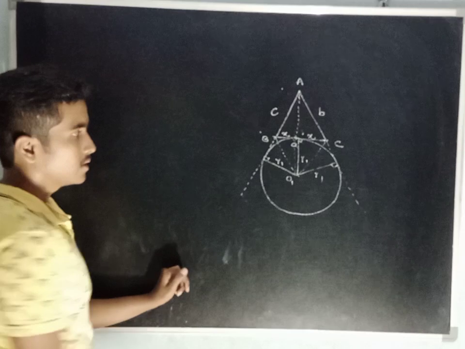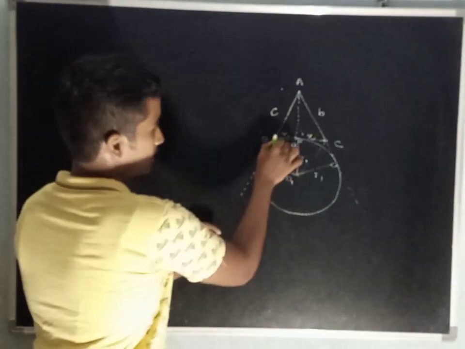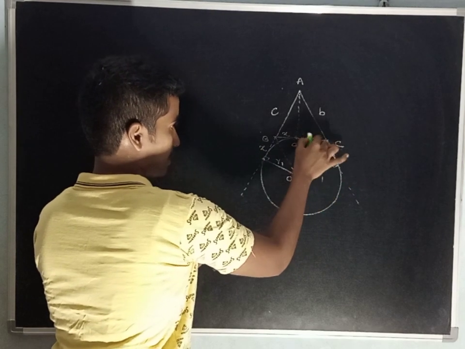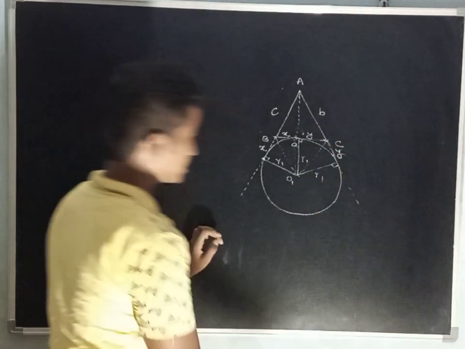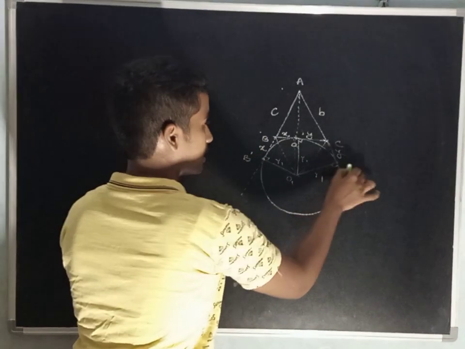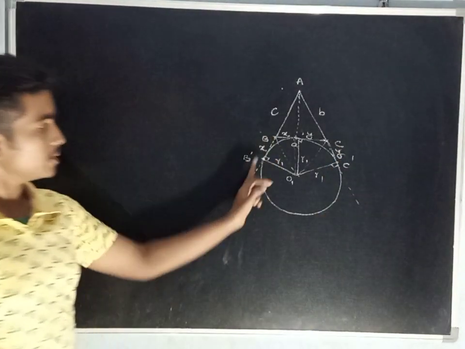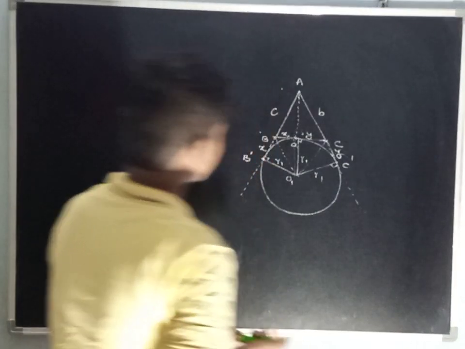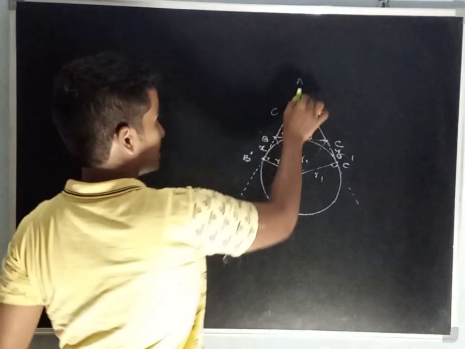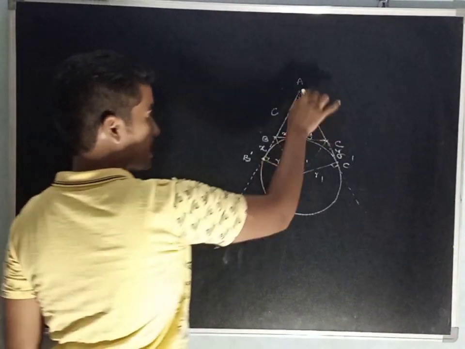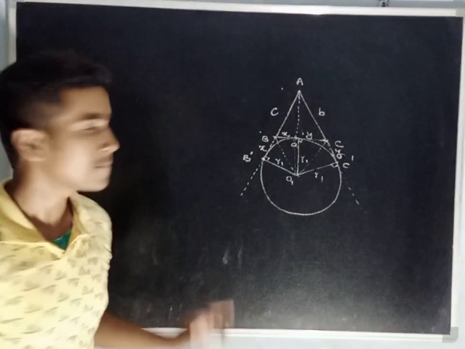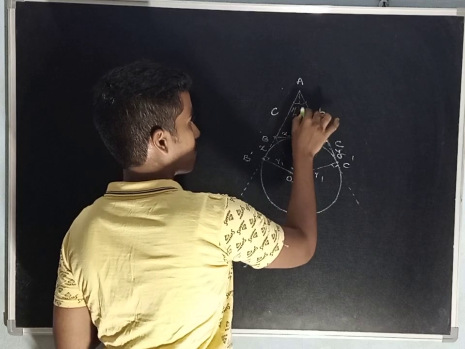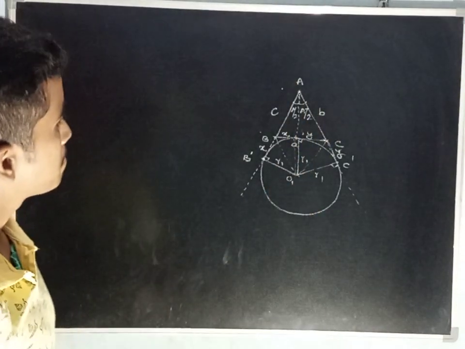Here it is X. Similarly, as per the property of tangency, this length is also going to be X and this length is also going to be, no, it's Y. Let me say it Y. Similarly, it is also Y. Let me name it as B dash. Here this is C dash. C dash is nothing but Y. B dash is nothing but X. Okay? Now, indirectly AB dash and AC dash act like tangents, right? It means here the angle is bisected, A by 2 and A by 2. Okay?